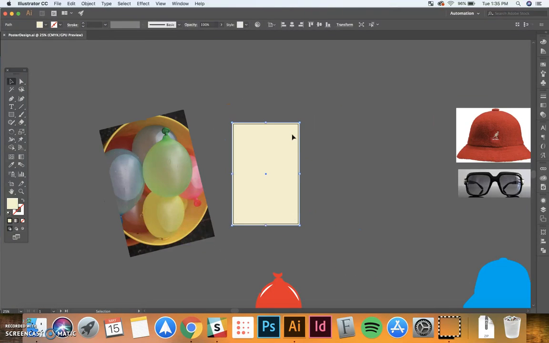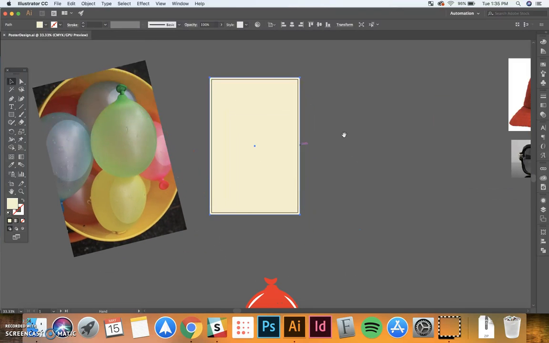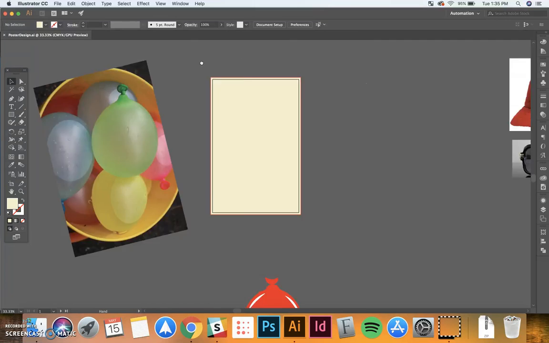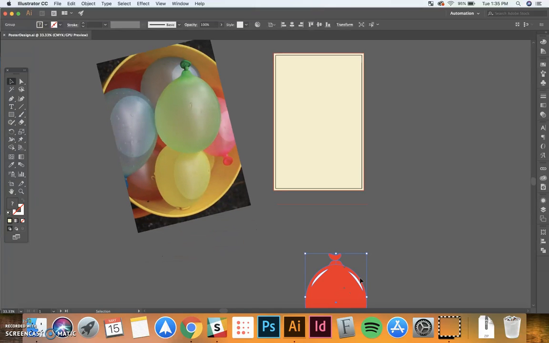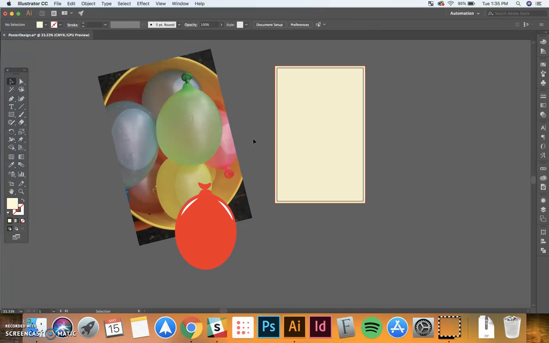So, with this tabloid flyer, I was asked to create a poster for an event that had to do with the largest water balloon toss. At my previous university, they wanted to try to break the world record of having the most amount of water balloons tossed. And so,